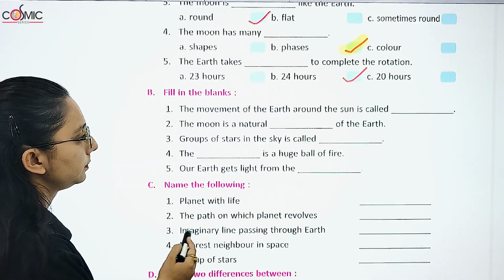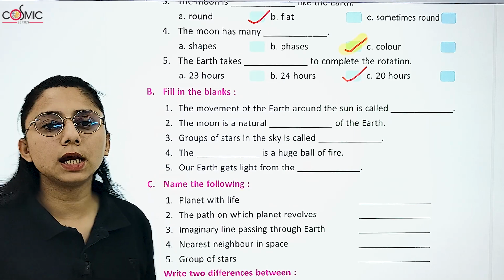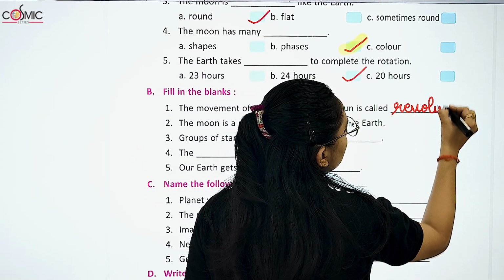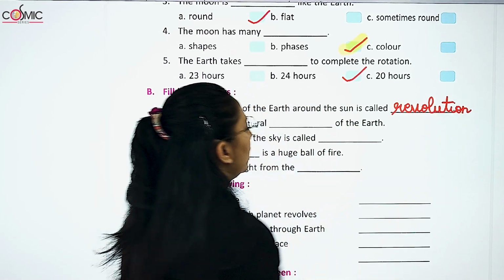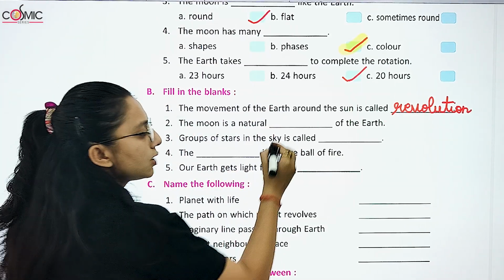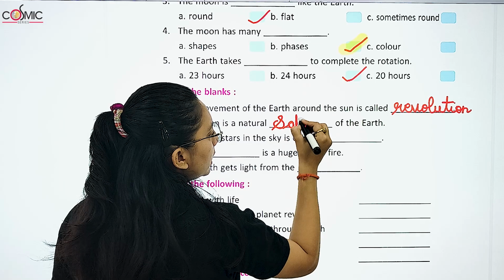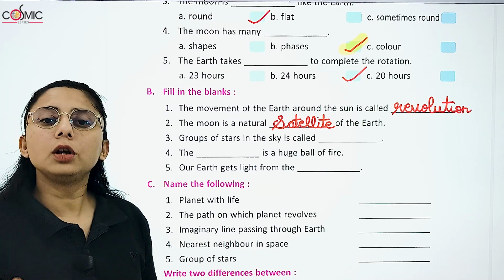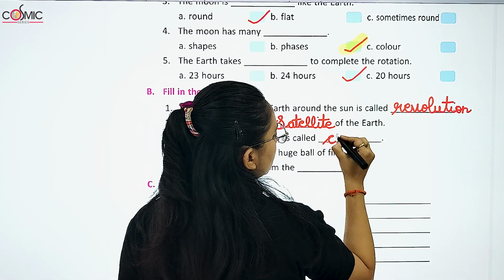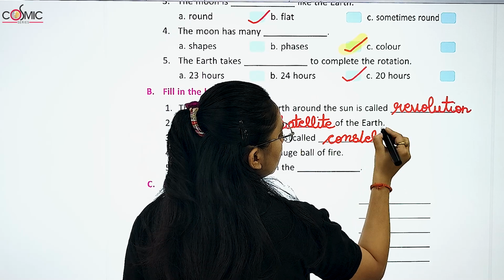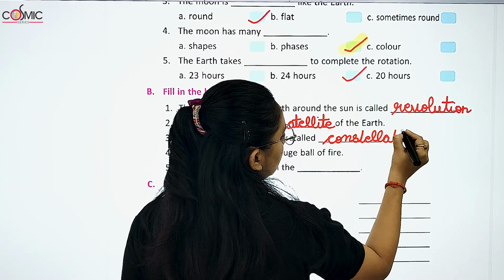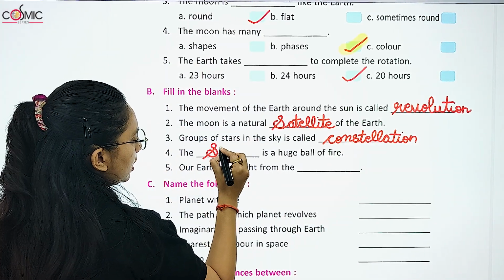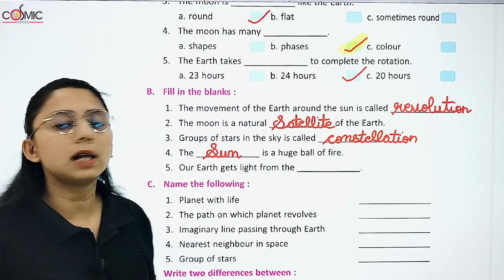Now fill in the blanks. The movement of the earth around the sun is called revolution. The moon is a natural dash of the earth. What is the moon? A natural satellite. It's a natural satellite. Group of stars in the sky is called constellation. A dash is a huge ball of fire. The sun is a huge ball of fire. The earth gets light from the